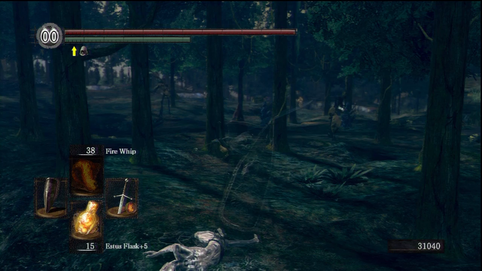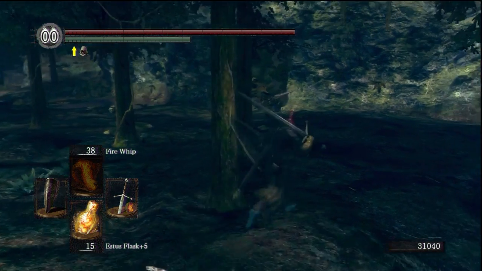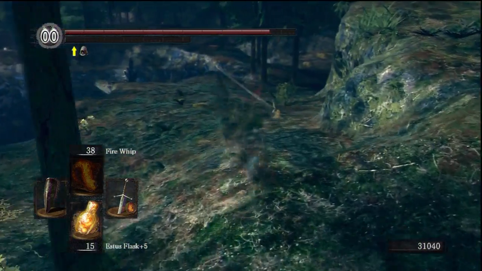Another one of these traps that they did in Anor Londo, where you pick up the soul packet and then the harpies come onto you on the rooftop. Or like when you get the miracle above where you get the...